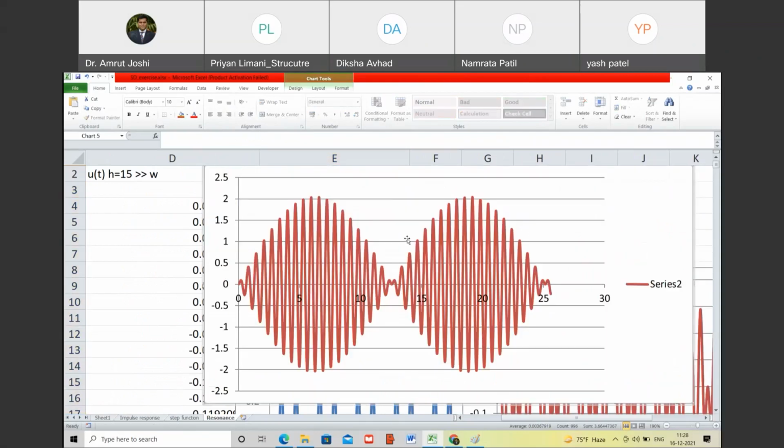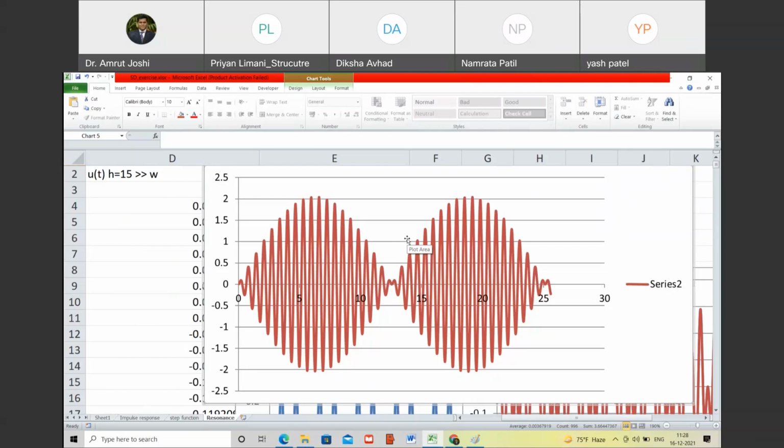This is what is called the beating phenomenon. Are you with me? When the forcing frequency approaches very close to the natural frequency, but it is sufficiently far, very close but sufficiently far, ironic words, but you have understood what I mean to say, then it gives you a beating phenomenon. System response in a beating phenomenon is where two frequencies are acting one over the other in such a fashion that you see the response of this fashion.